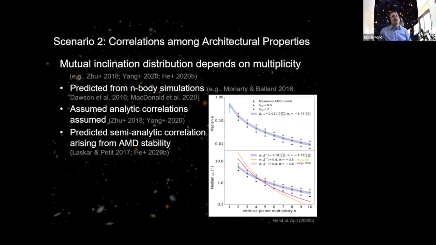And so a few studies have looked into this scenario, where instead of positing 2 physically distinct populations, we say there's really 1, but there's this interesting correlation of the properties as a function of multiplicity. If you do this, we can also explain many of the observed phenomena, not just the number of stars with each number of planets observed, but also the key 1 and 2 point summary statistics about the multiple planet systems. So maybe I should pause here and ask, did that help resolve any of the questions from Roman and Scott?